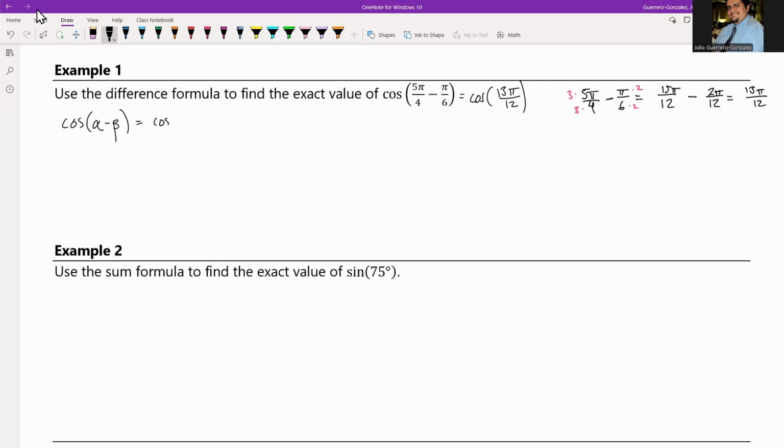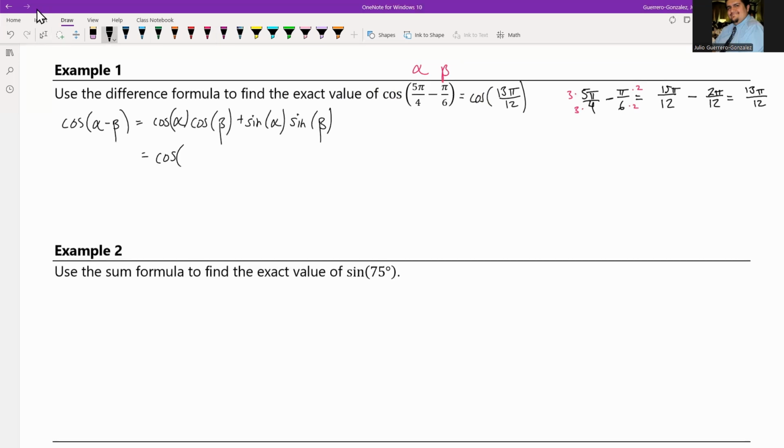It's going to be cosine alpha, and I'm going to put it in parentheses, cosine beta, plus sine alpha, I'm going to put it in parentheses, sine of beta. This is the formula from your worksheet, flat out. All that's left now is I need to identify my alpha and my beta. I'm just going to go ahead, alpha, beta, equal to,